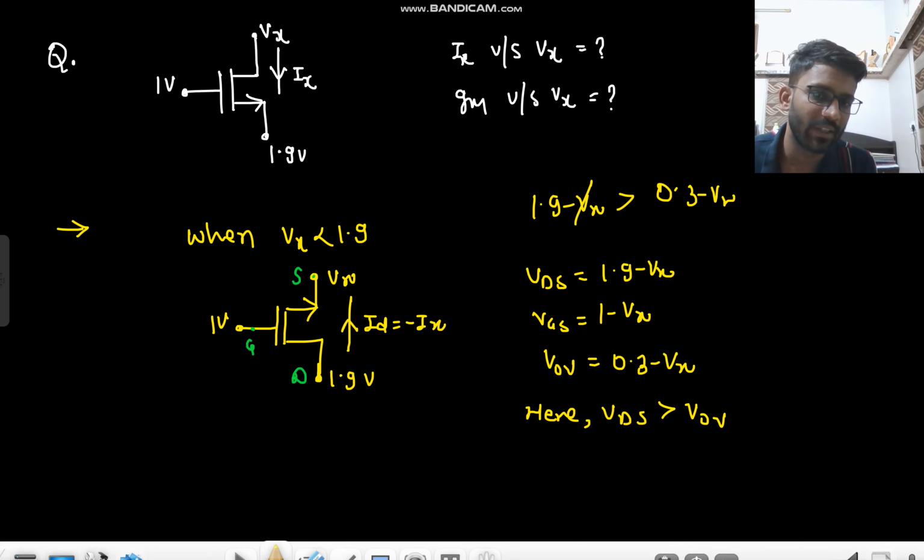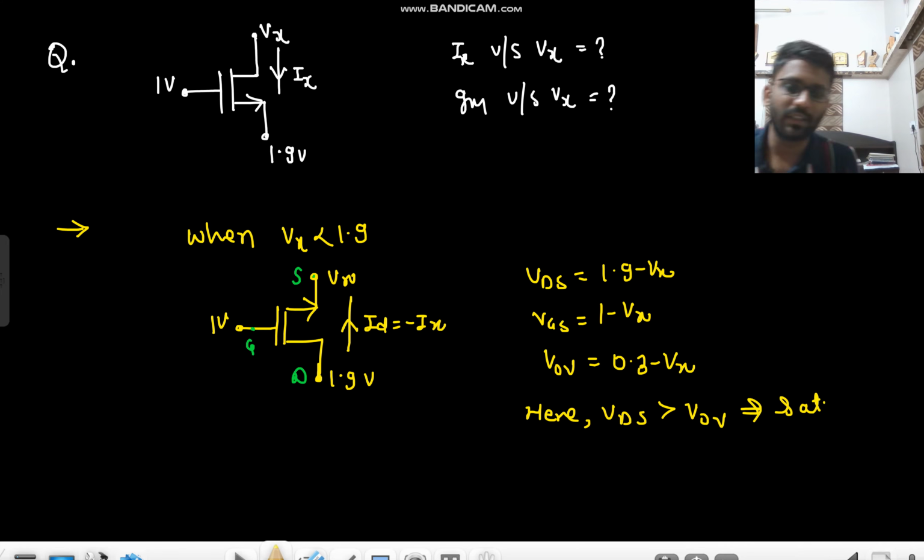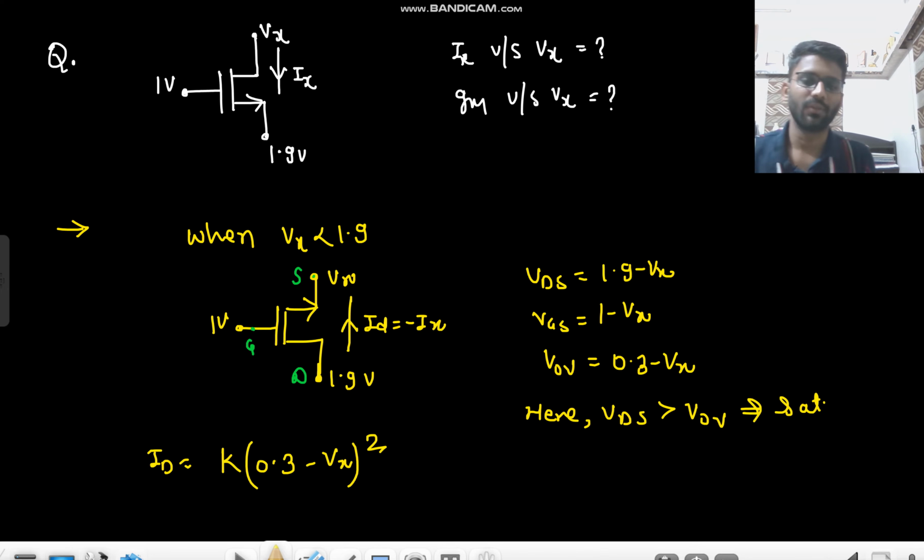Compare it, this Vx will get cut. 1.9 is always greater than 0.3, right? So it will always be in saturation region. What is the current equation in saturation region? Some constant, VGS minus VT means V overdrive whole square. Okay, so I will draw the graph, but what you see here, for Vx greater than 0.3 volt,